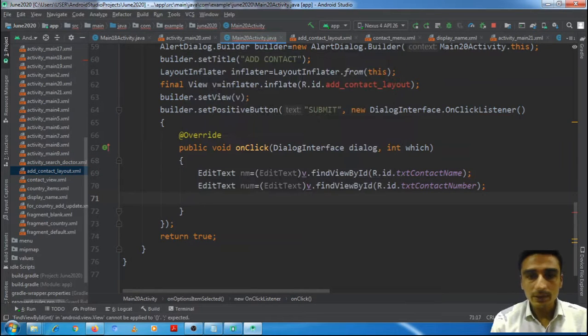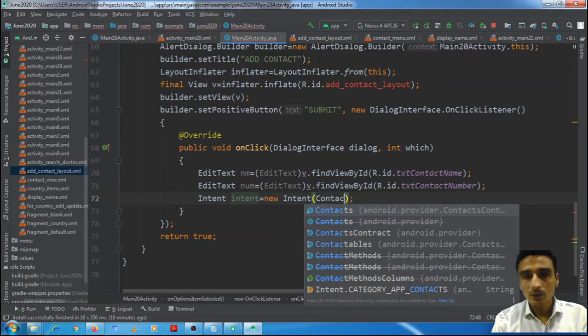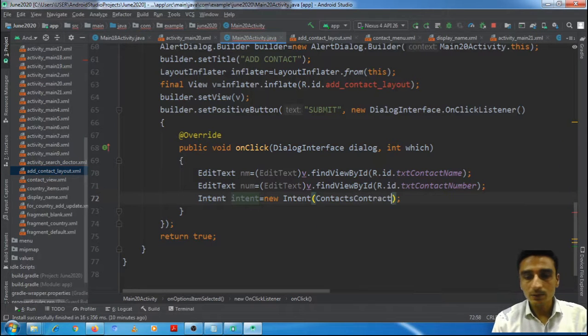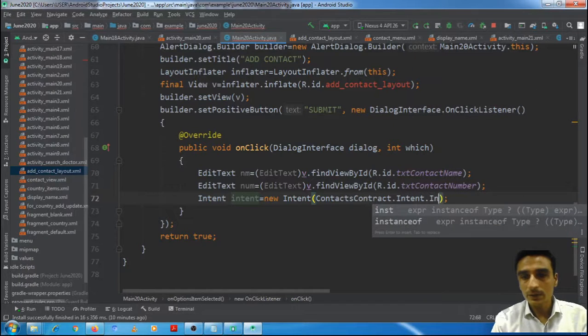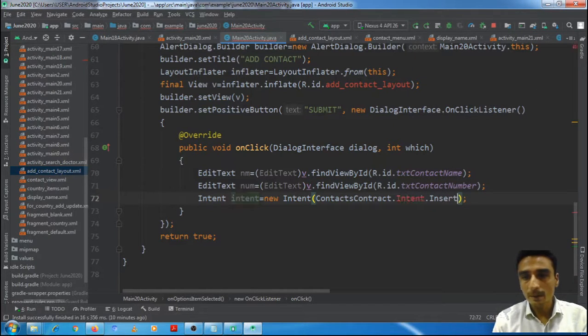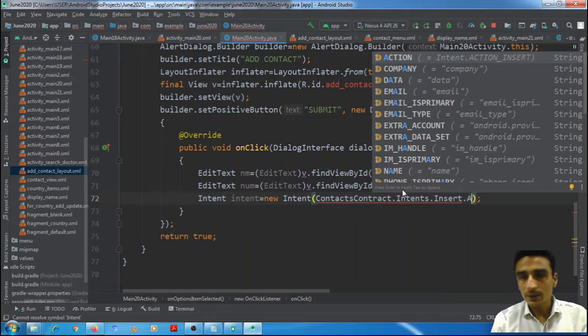Now both these things are to be passed as arguments to the intent for inserting the record, the new intent. Contacts contract dot intents dot insert dot action.